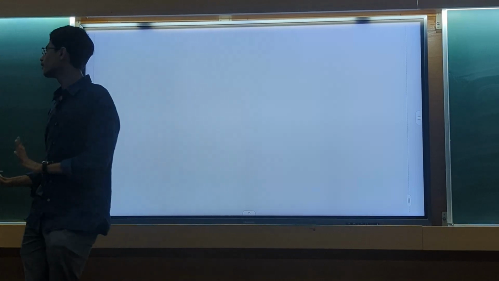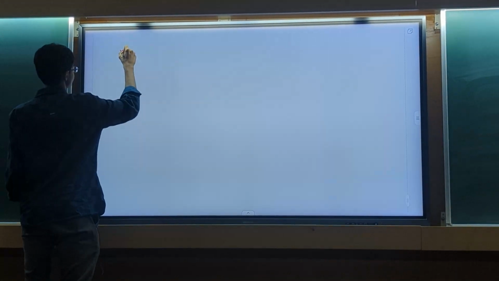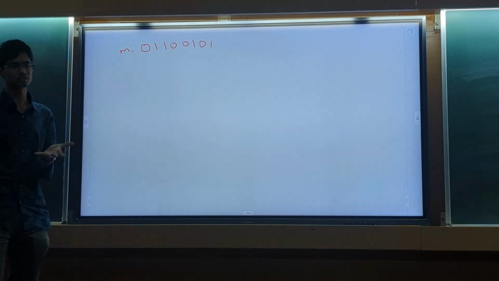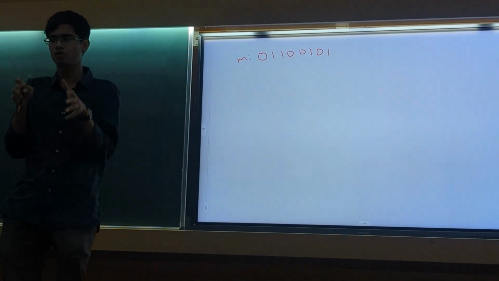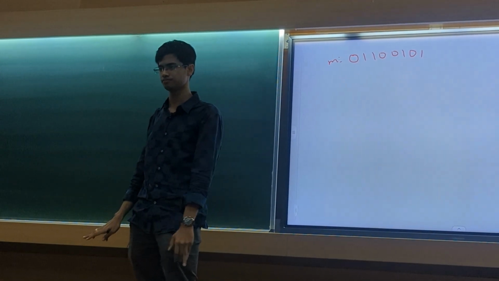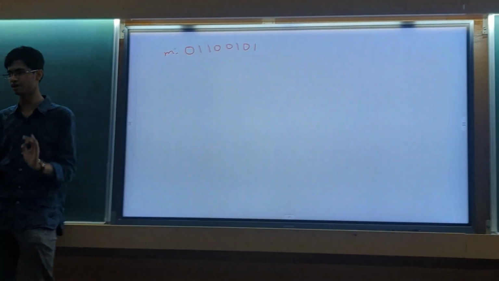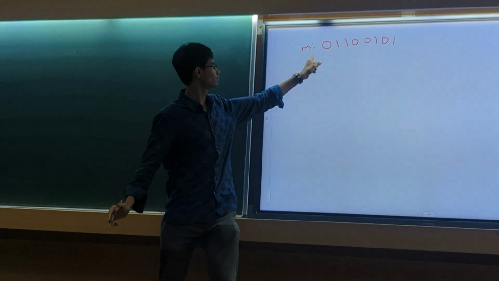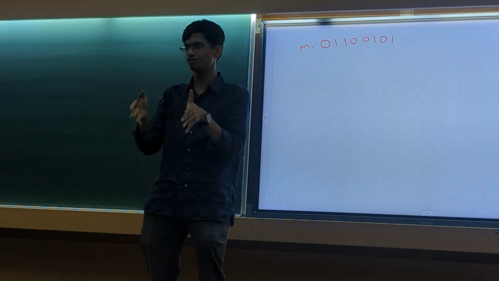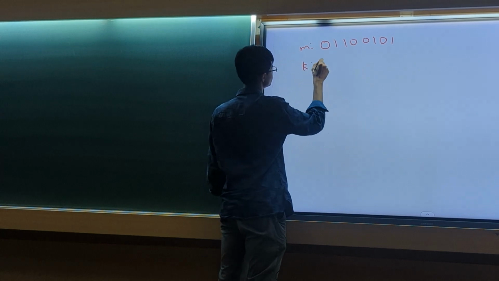And this is how it works. Okay? So your messages are all going to be bit strings now. So say this is your message: 011. And your key is also going to be a randomly generated bit string of the same length as the message. It has to be chosen uniformly at random from all possibilities. So say the length of the message is n. So your key has to be a bit string chosen uniformly at random from the set of all n-length bit strings. So say my key is